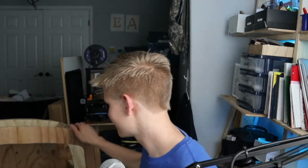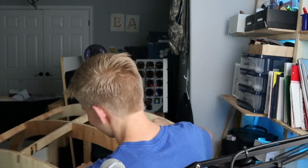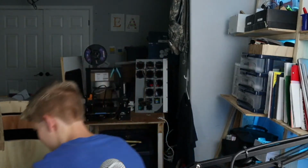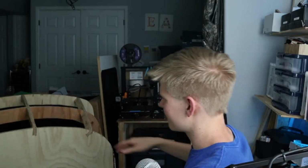And don't hold me to this, but I'm thinking it would be totally dope if we just cut, let me see, can we, we're gonna pan over. If we just cut little holes right here, like in the real Cessna 172, and just put air intake into the simulator, and it could flow through the entire electronics bay and then maybe go